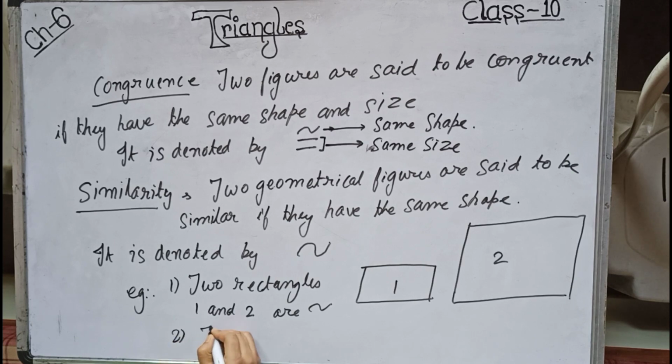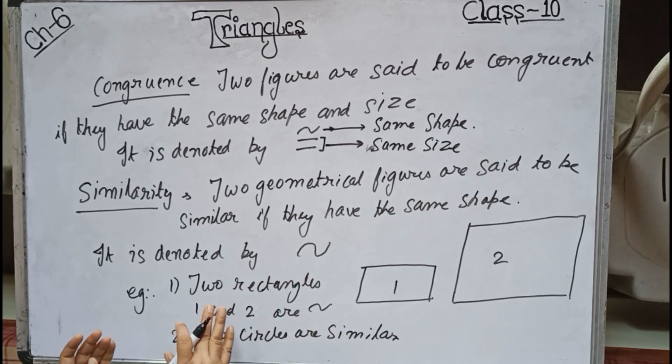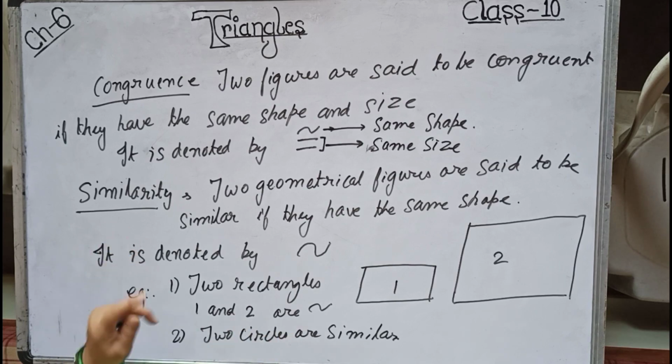Similarly, number 2, any two circles are similar. Now over here we cannot say that all triangles in the world are similar. Maybe or different, some conditions should be there. So conversely, if we say that